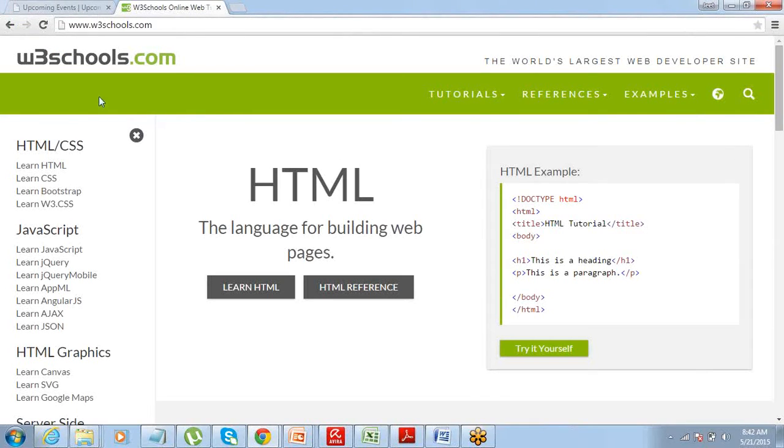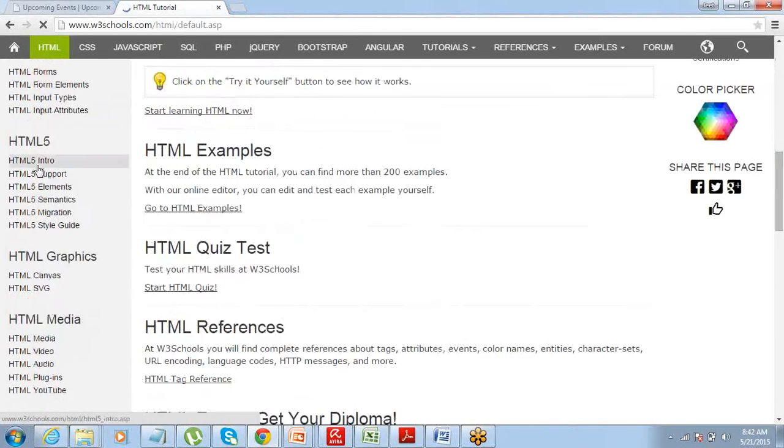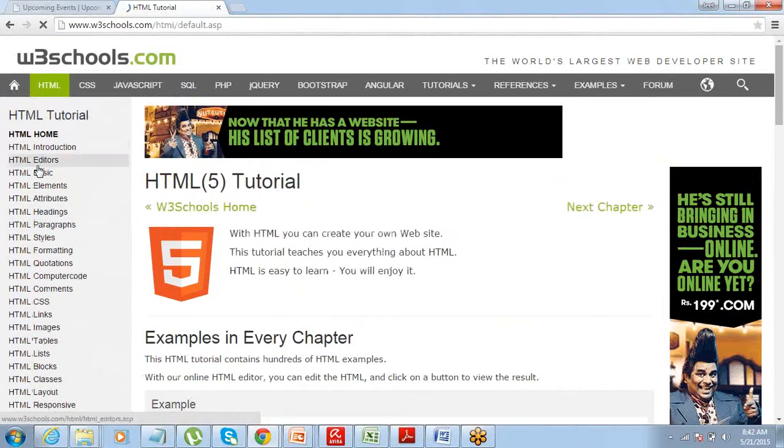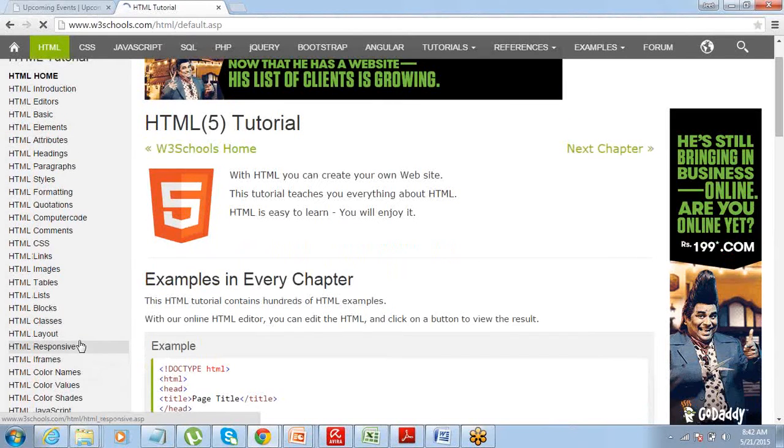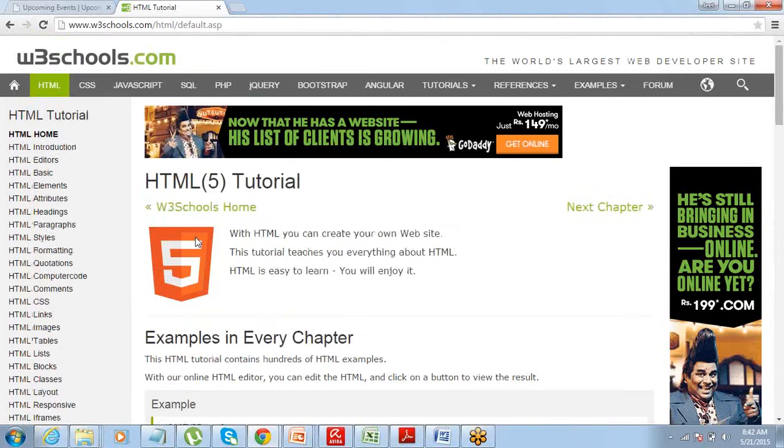Once you are on w3schools.com, you can click on Learn HTML and you will see a big list of topics. You can learn a good amount of HTML from this website, and it's very, very easy. All the examples are given and then you can try it on your own. It's primarily a markup language, so you do not have too much to learn. It's just about tags. Like the h1 tag is for making a header, the p tag is for making a paragraph. These are pretty simple.